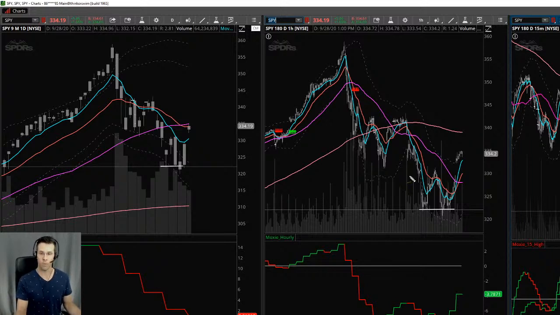The problem is, if you've seen the way that I trade before, what I'm looking at is that we have price running right into the underside of the daily 50, and I think that's going to create some problems, because that is typically a resistance area. It's a big moving average that price is running into.